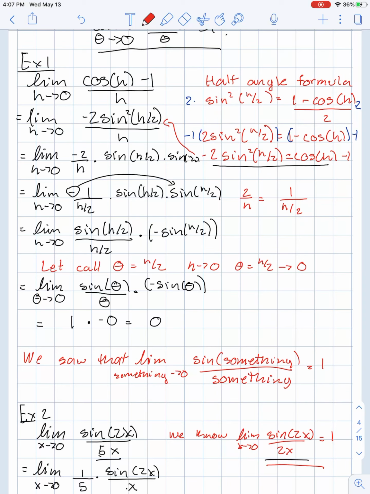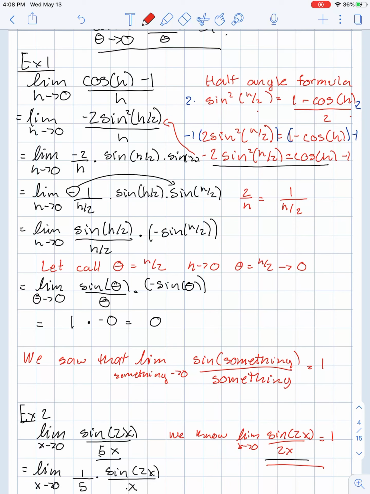Remember, I needed cosine of h minus 1. So I'm going to multiply each side by negative 1, and that'll give me cosine of h minus 1 is equal to negative 2 sine squared of h divided by 2. This part is a little less intuitive than you might be comfortable with, so take a moment and read that over if you need to, or see if you can start at the half angle formula and get to cosine of h minus 1 by yourself. All right, so now I have cosine of h minus 1 from there,